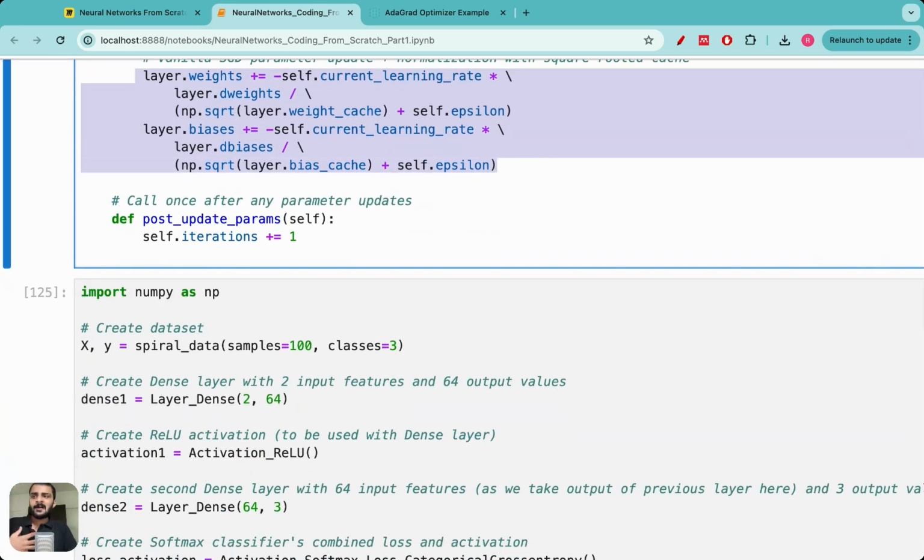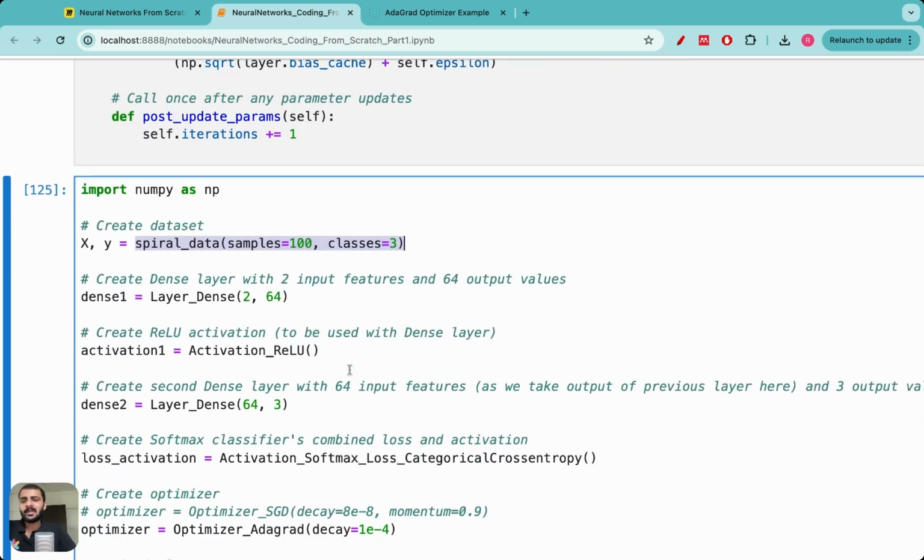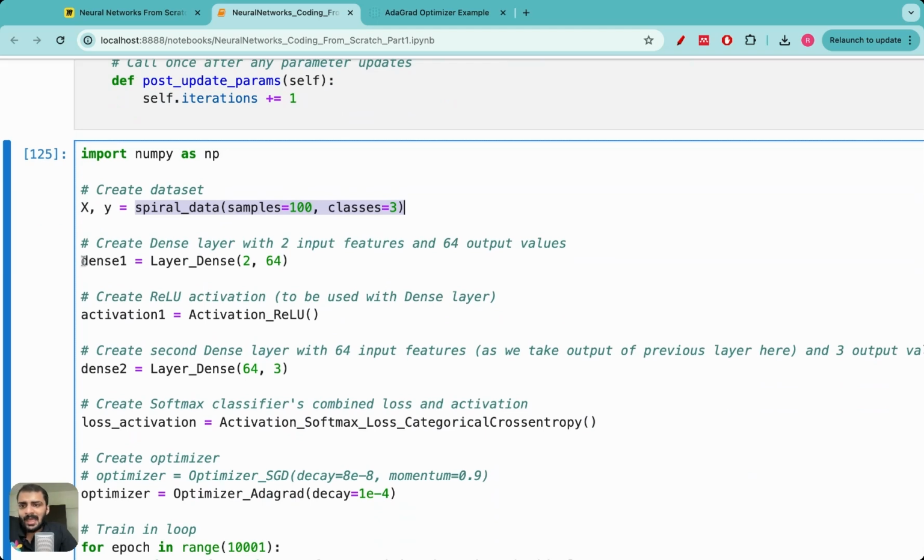So now I'm going to show you how to apply the ADAGRAD class in practice on a practical problem. So we are going to be looking at the spiral data set which I showed you before, where there are points who belong to either of three classes, red, green or blue. So I'm going to take 100 samples of that data set, and this is the neural network I am going to construct. I'll have one layer initially which has two inputs because every data point has two attributes and 64